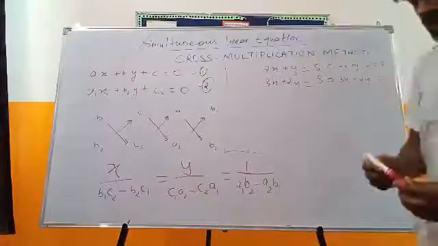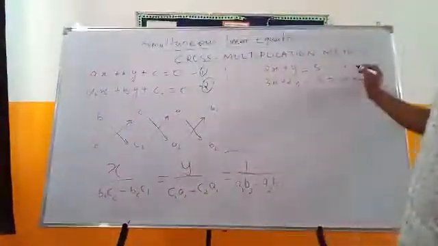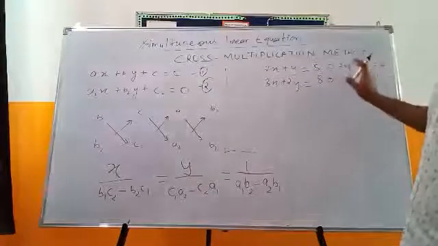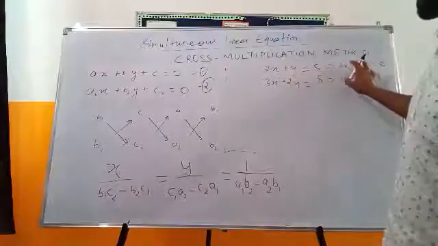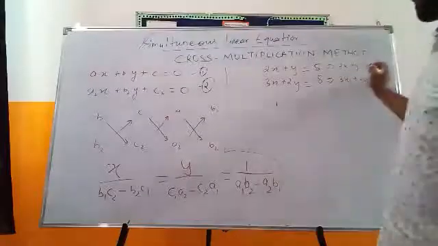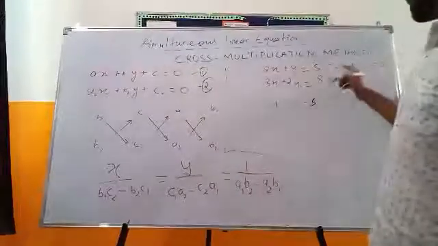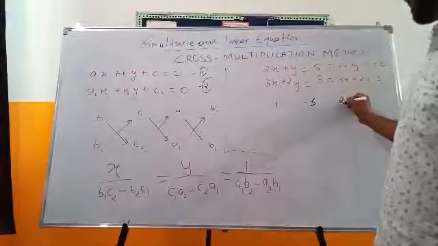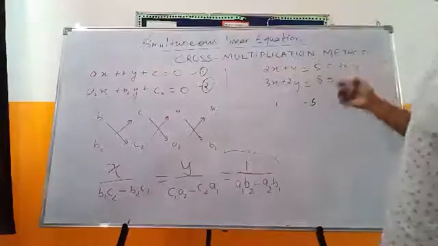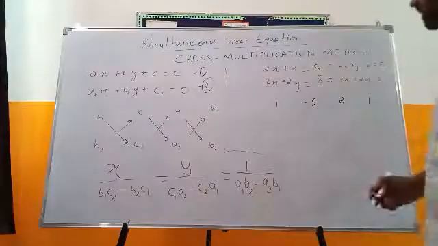Now I'll be writing down the numbers in this form. So who's B1? This is B1. What is with y? What is with y is B1. So what is with y? Right now there is nothing, it's 1. If you see over here, there is nothing. When there is nothing, we write 1. Minus 5, this is C, and then A, that is 2, and then again B, that is 1. You might be thinking there is nothing in place of B, but when there is nothing, we write 1.